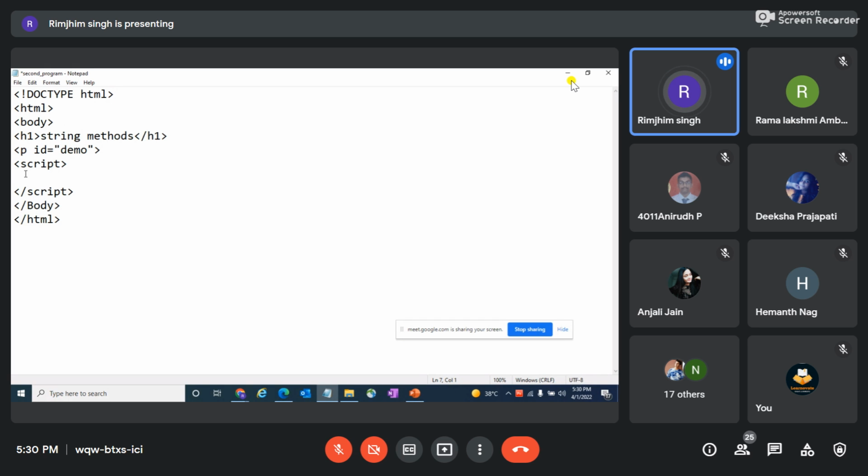So inside my script, like how I showed you how we declare variables, we can use either var or let. Herein I'm using var, and then I'm declaring a variable str, and to my str, the value which I'm giving is, let's say, web development. Okay.